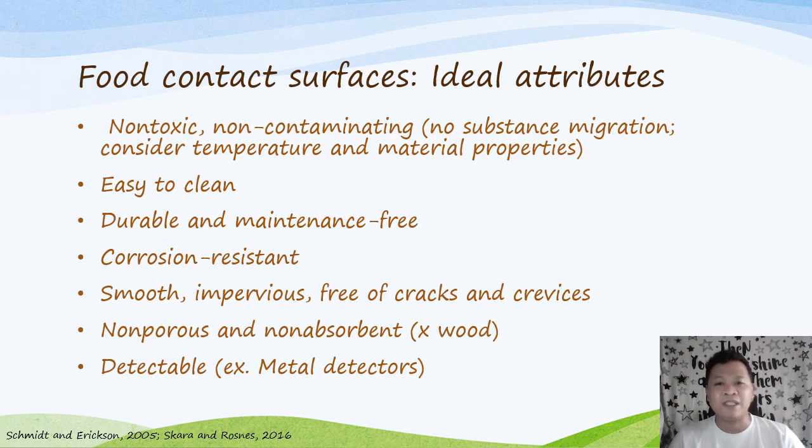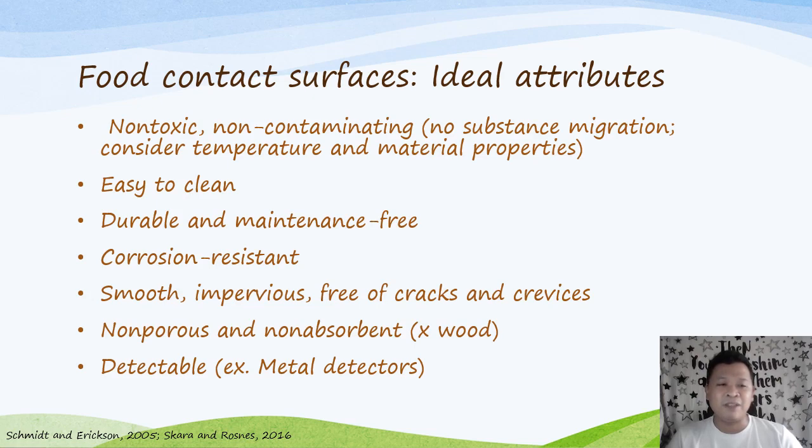Okay, so they must be resistant to food acids, and of course, depending on the temperature at which the processing is happening, there should be no migration of the material to the food, or vice versa. It should be, of course, easy to clean, durable, maintenance-free, resistant to corrosion with acids and other strong substances in food. Of course, smooth, impervious, and free of cracks and crevices, non-porous and non-absorbent, so most woods would not be ideal in this case. And I would like to add that it should be detectable, as is the case with,